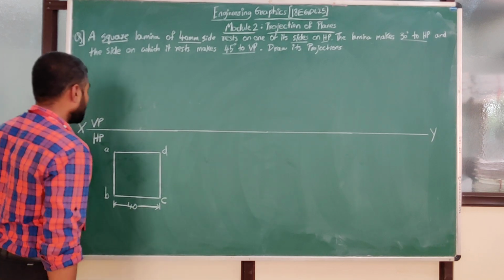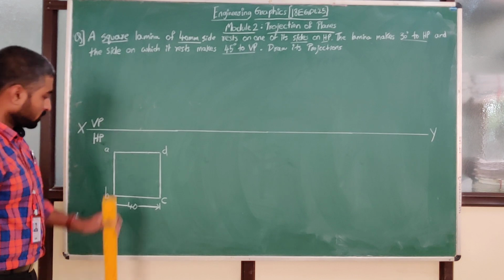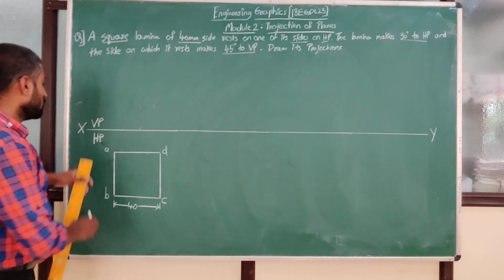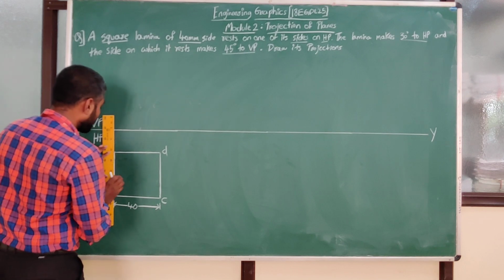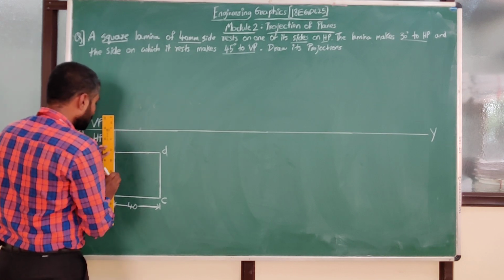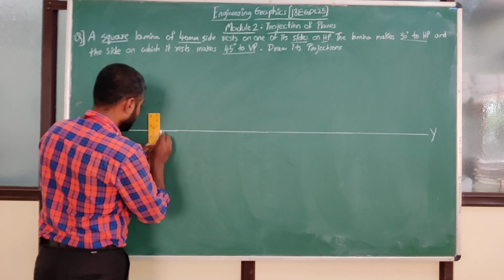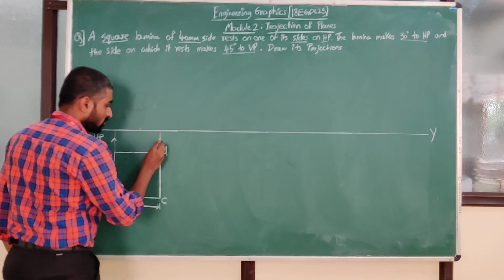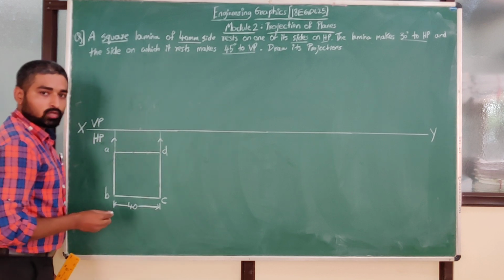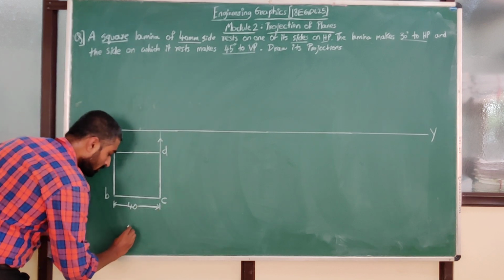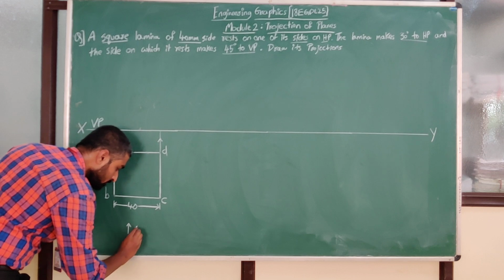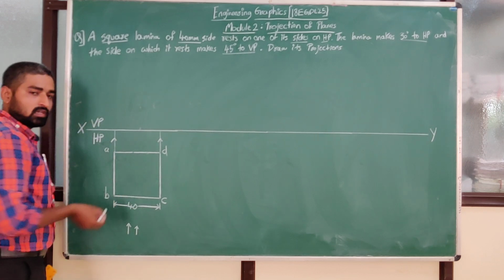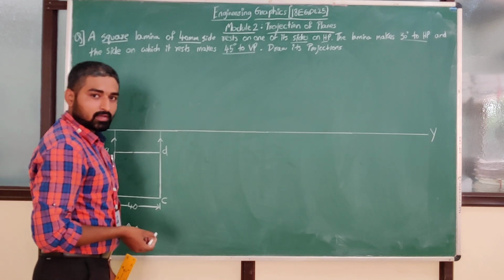Now what is the next thing here? We are going to project it from the top side towards the front side. Project these lines with a very light line on the top side. You can see these lines are going on the top side. Now you have to imagine that you are seeing this figure from the bottom. When you see from the bottom, which edges are visible at the beginning?